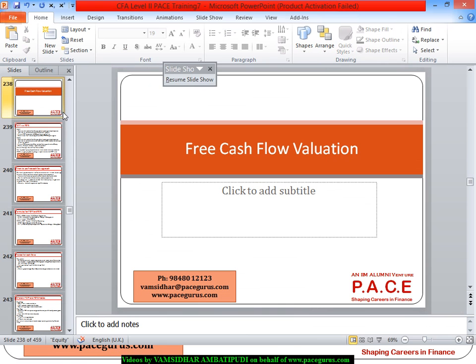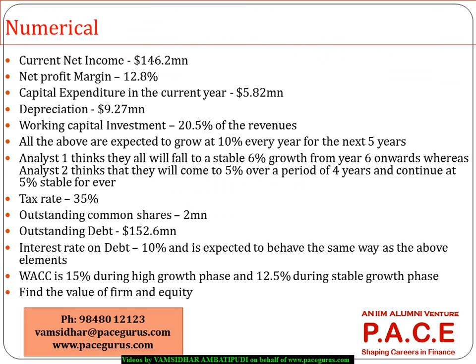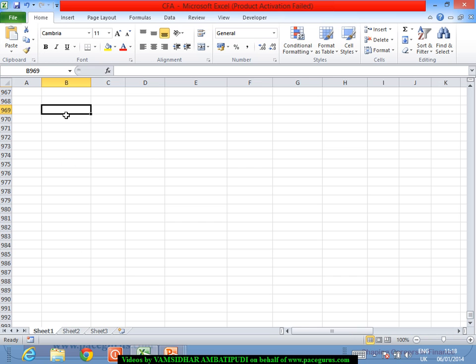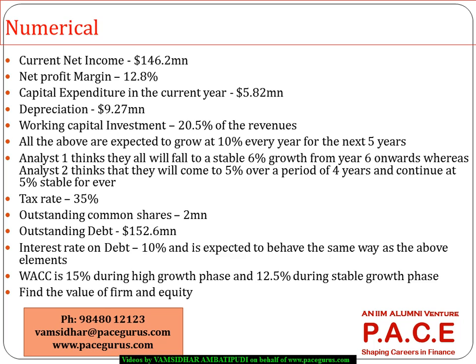Okay, so all we are trying out here is I'm looking at computing the FCFE and FCFF and then using it as a part of the valuation process. So we'll start off with the year 0, the current values. So probably let me call that as year 0, 1, 2, 3, 4, 5 and 5 plus after from the 6th year onwards. Okay, because we are having 2-stage kind of growth, 2 periods. Let's see what is happening,